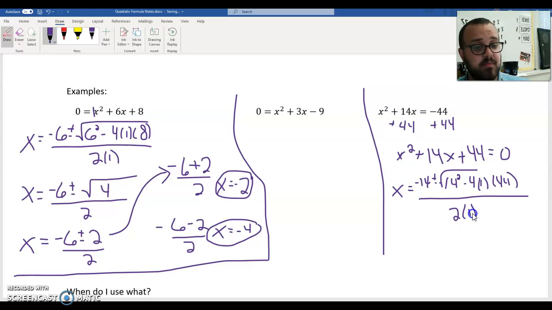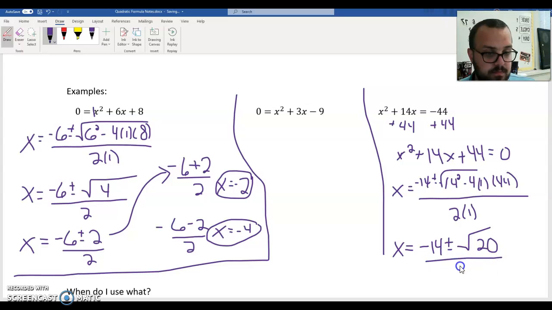And then again, we're going to simplify underneath that square root. What I like to use is a calculator for that. I'll just go ahead and put that in, and make sure you do that correctly. So I'm going to be putting in 14 squared minus 4 times 1 times 44. Although really I don't need to put the times 1, because 44 times 1 is just 44. But underneath that square root, I'm going to get 20. So it's going to be negative 14, the opposite of 14, plus or minus the square root of 20